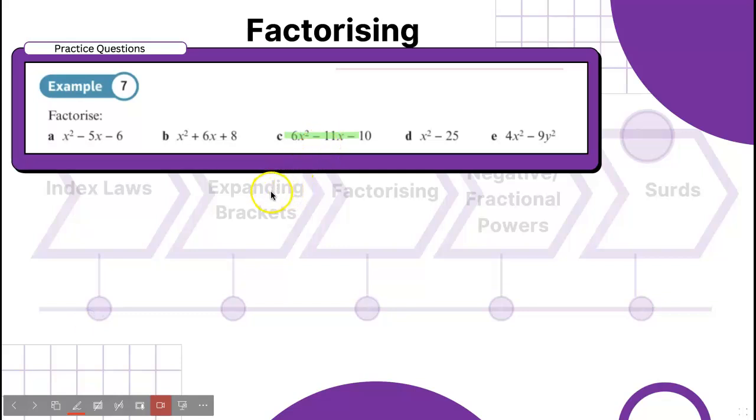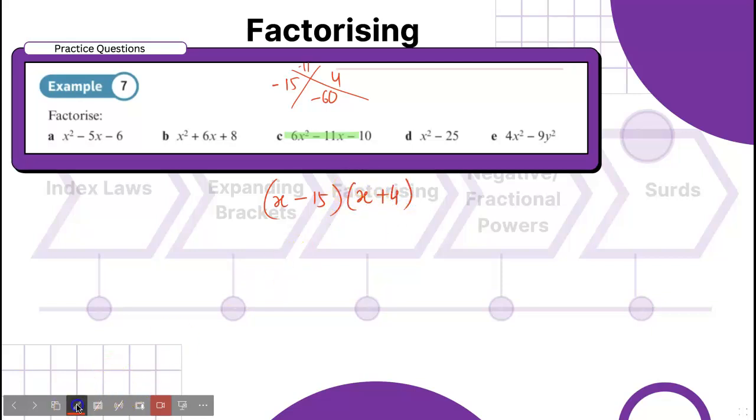So what we're going to be writing, 6 times 10 is minus 60. Or multiplies to give you minus 60 and adds to give you minus 11. So 6 times 10, no. 5 times 12, no. 15 times 4. Yes, I think 15 times 4 will be, and both minus, that means bigger minus. So we've got our factors, x minus 15 and x plus 4, right?